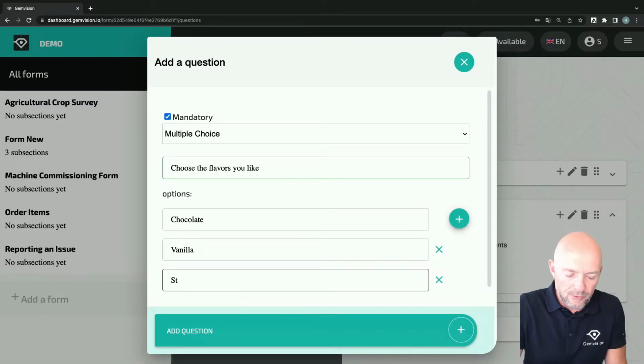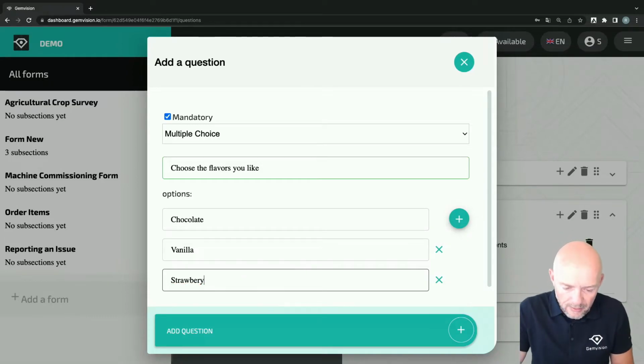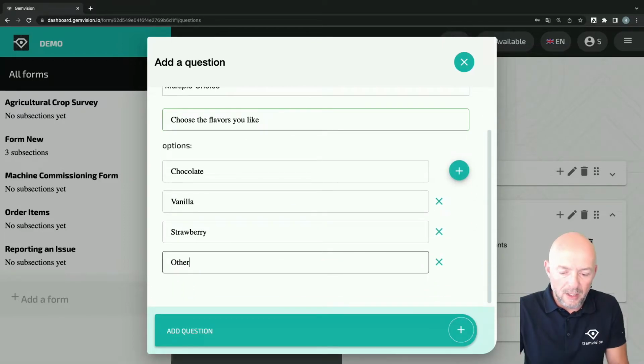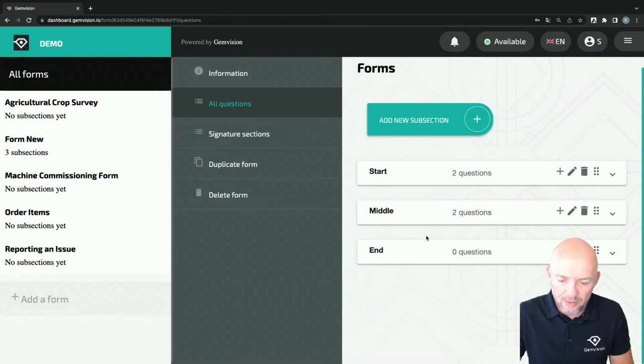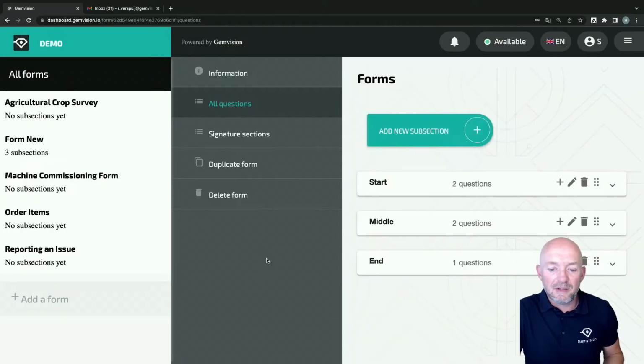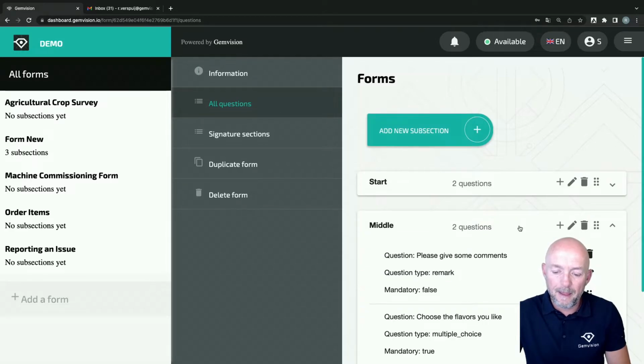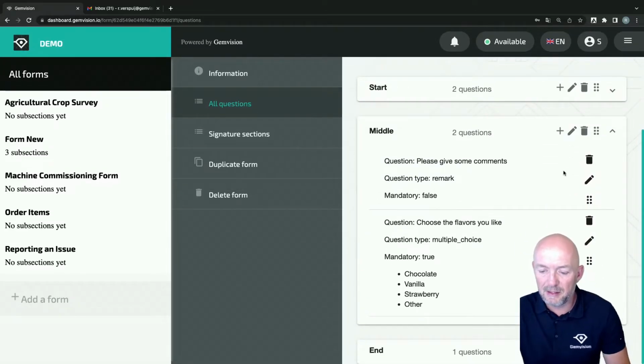Strawberry. No, that's not good. And of course, other. This is good. So let's add another question to the middle part, which is